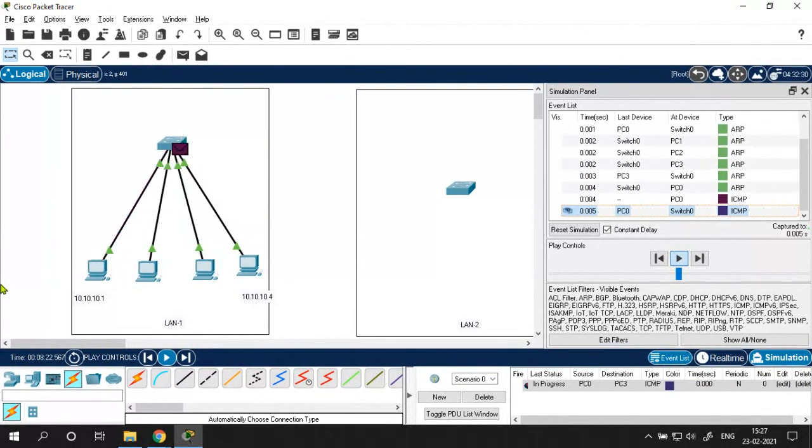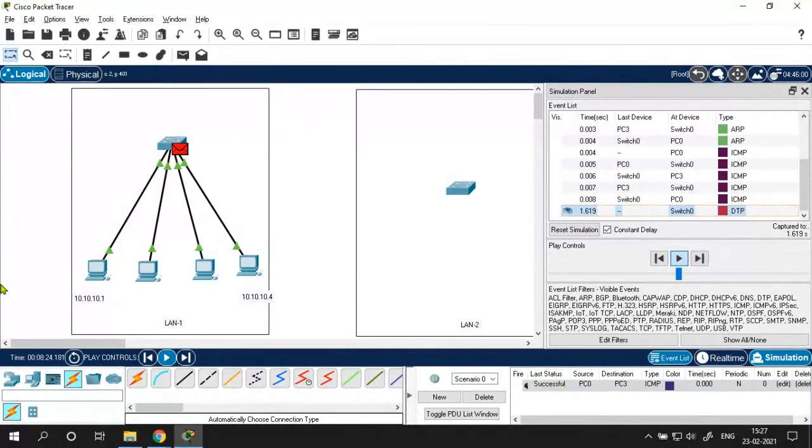So the second time the packet is sent, and this time the packet is transmitted to the destination machine only. The packet is received back now in the form of an acknowledgement. An acknowledgement is directed to the sender machine, the source machine, and the destination machine.